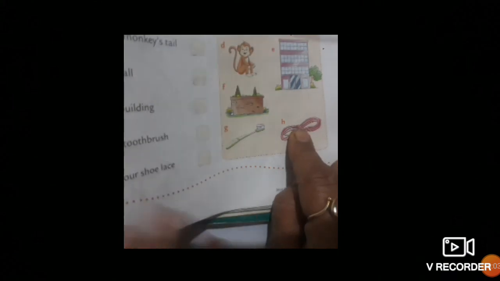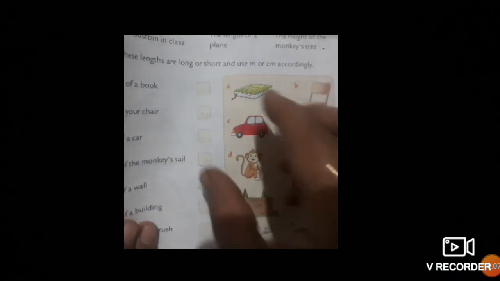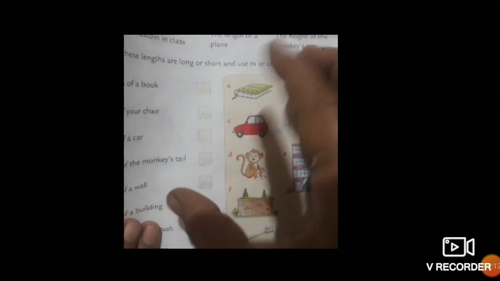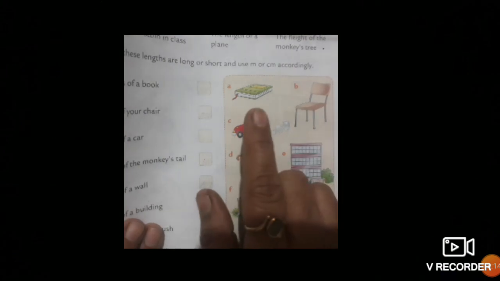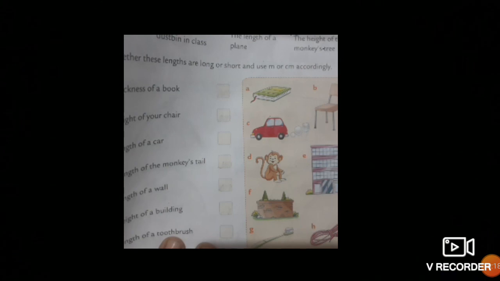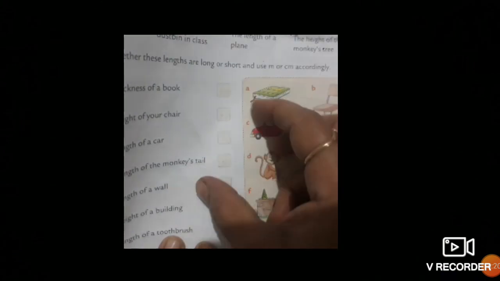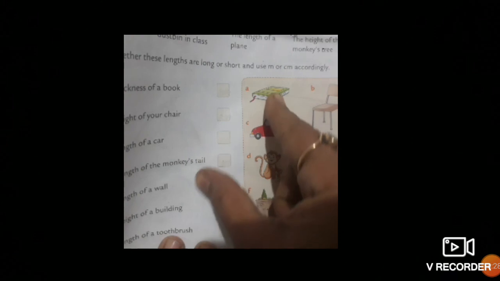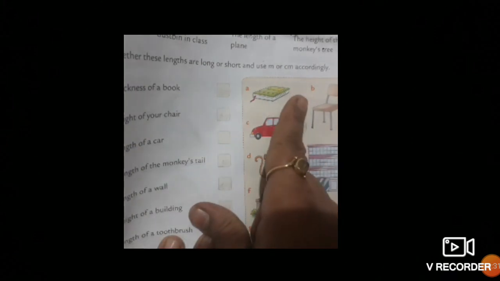It is in centimeter. So try to do this exercise at home. For smaller objects we use centimeter, and for longer objects with a longer length, we will use the meter. Please practice, take small objects and try to measure them, that will be in centimeter. Big things like your wall, big chairs, all of that will be in meters beta.